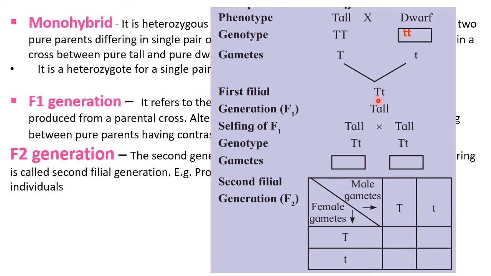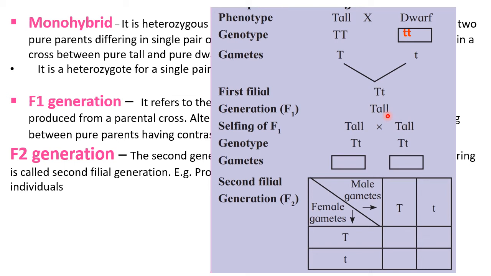One of the parents is treated as the female parent, and after their crossing they produce the individuals in the first generation. This first generation is called the F1 generation, or the first filial generation, and the individuals produced in this F1 generation are hybrid. Hybrid means having dissimilar alleles or dissimilar genes. But in F1 hybrids, all the plants produced are tall. That is, only the tall character appears in the F1 generation and the dwarf character does not appear. Hence the tall character is called dominant and the dwarf character is called recessive.